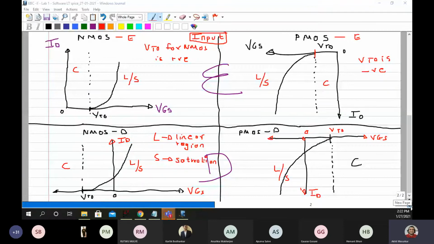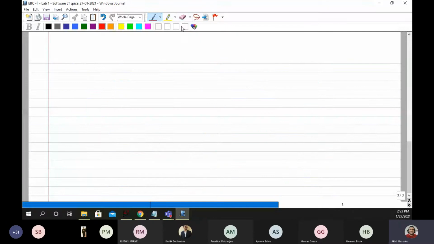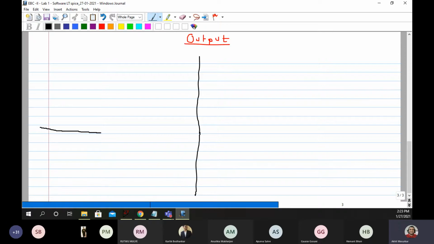Okay, now 4 devices, 4 input characteristics are ready. Now let us go to 4 devices and 4 output characteristics. Now Hemant, your first answer becomes valid as far as output characteristics is concerned. I am now doing the output characteristics. I want you all to draw it the way I am drawing. We will show all quadrants in one thing only. That is slightly easier to do.